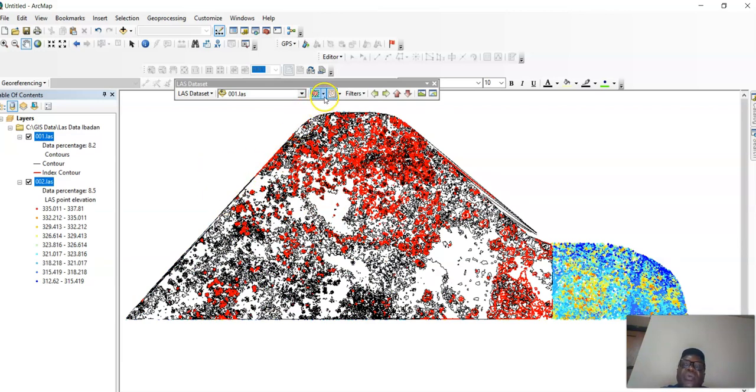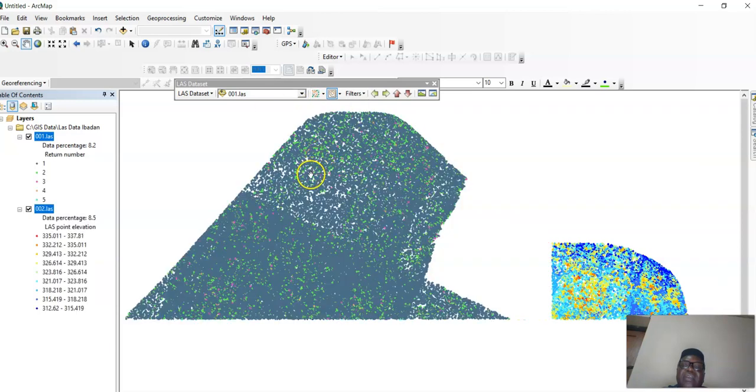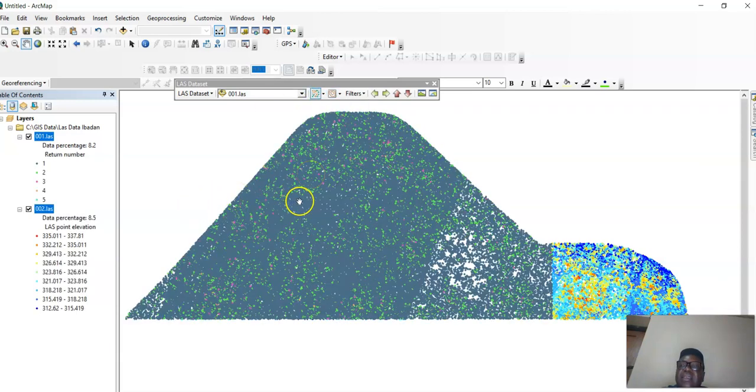But we'll soon consider other forms of contour. You can go and check return, so that in this return, you see we have 5 returns. That means they have different layers: the ground, surface 1, surface 2, surface 4, surface 5.